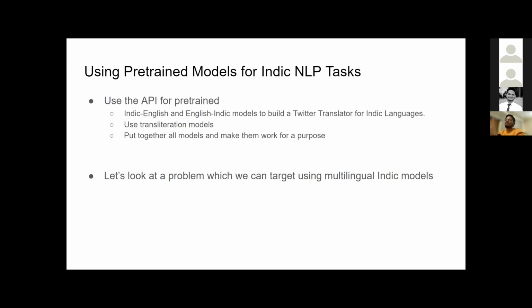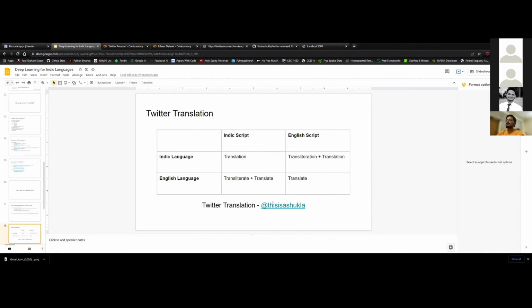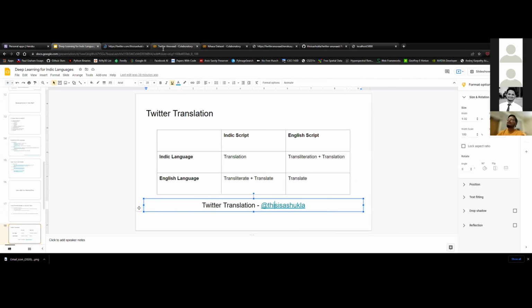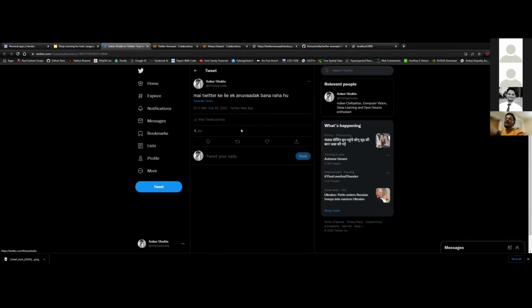So let's look at the problem and see how we can solve that. To explain the problem, I just have a quick tweet which I made as a demo for this session. So let's say I have tweeted that "मैं Twitter के लिए एक अनुवादक बना रहा हूँ", which is basically a sentence in Hindi language, but it is written in English script. And for those who do not speak Hindi on the session, this sentence basically means I am making a translator